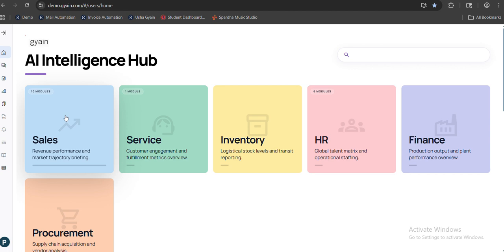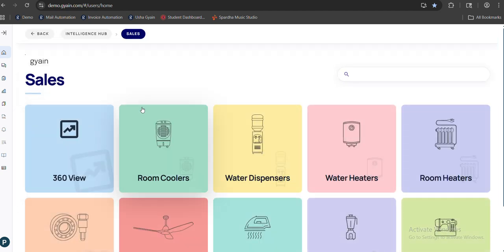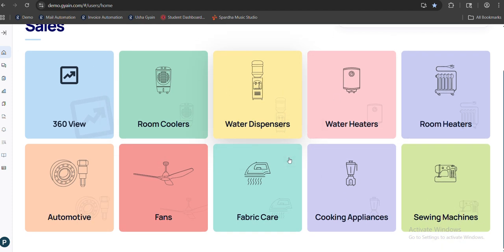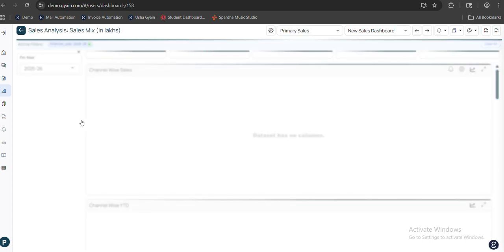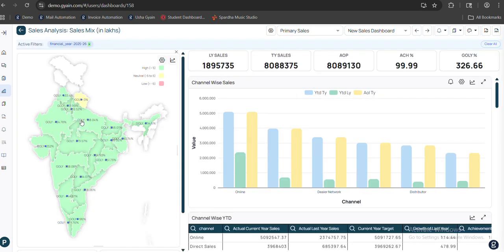Now, if I want to see the sales, I have different subcategories under sales like room coolers, water dispensers, etc. If I want to see a holistic 360-degree view of my sales, I'll just click on 360 view. It will take me to a dashboard which will give me a 360 view across all the product categories and channels. So if you can see, I have this particular dashboard over here where I can see what was my last year sales, what is my this year sales, what is my target, achievement percentage, growth percentage for this particular